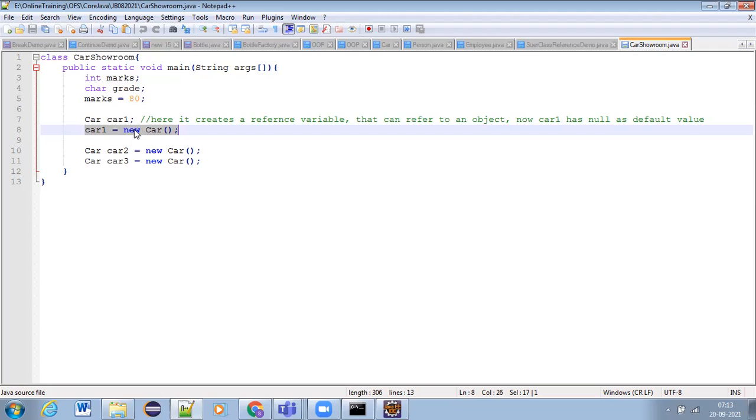a newly created object, here what is happening? With this statement, a new object is getting created.